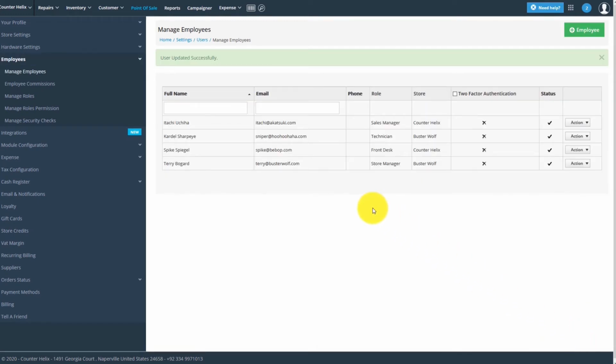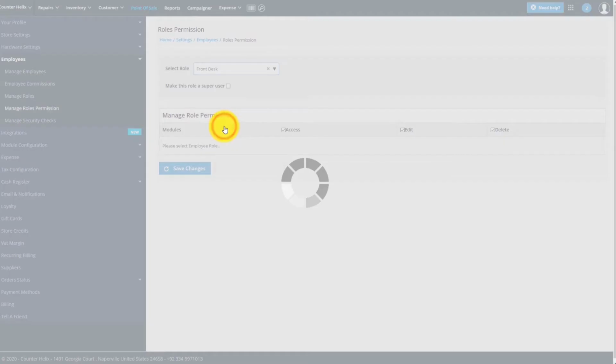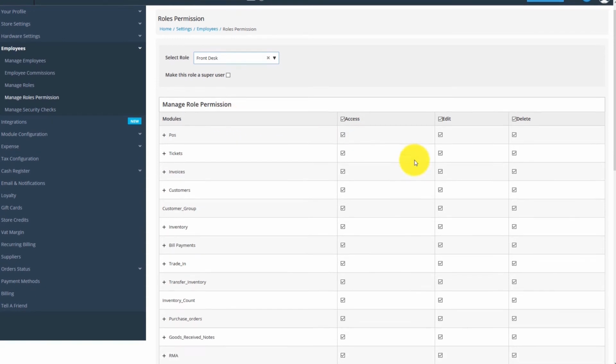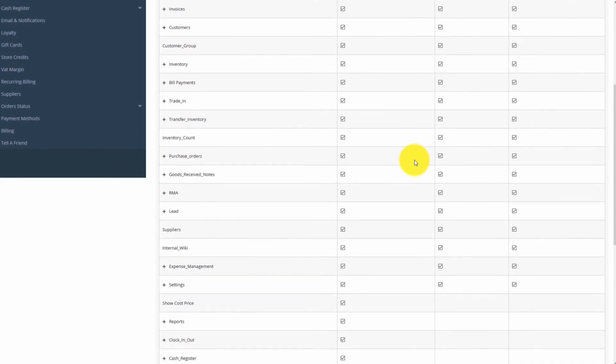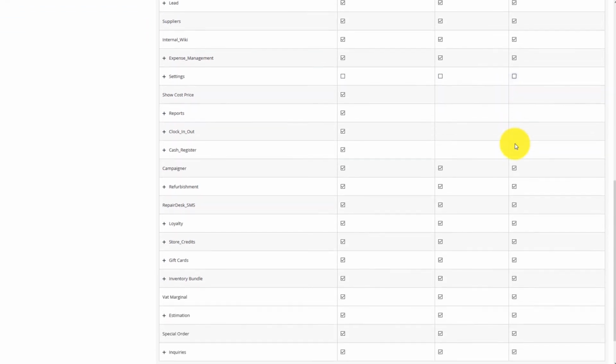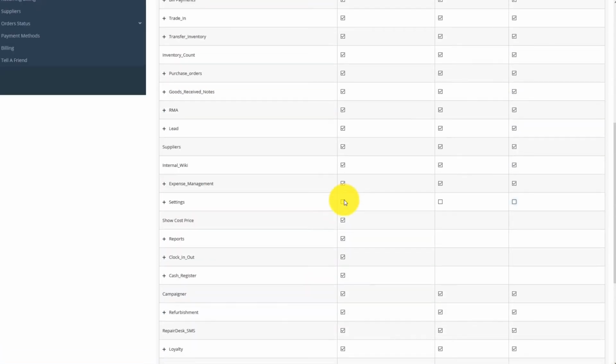If you'd like to change the permissions for a particular role, you can go over to the left-hand bar and select Manage Role Permissions, then select the role that you want to modify. Here, you'll see a list of different options for the role you've selected. You can enable or disable any of the listed permissions for your role by clicking the corresponding checkbox. Disabling a feature will make it so that any employee with your chosen role will not be able to see